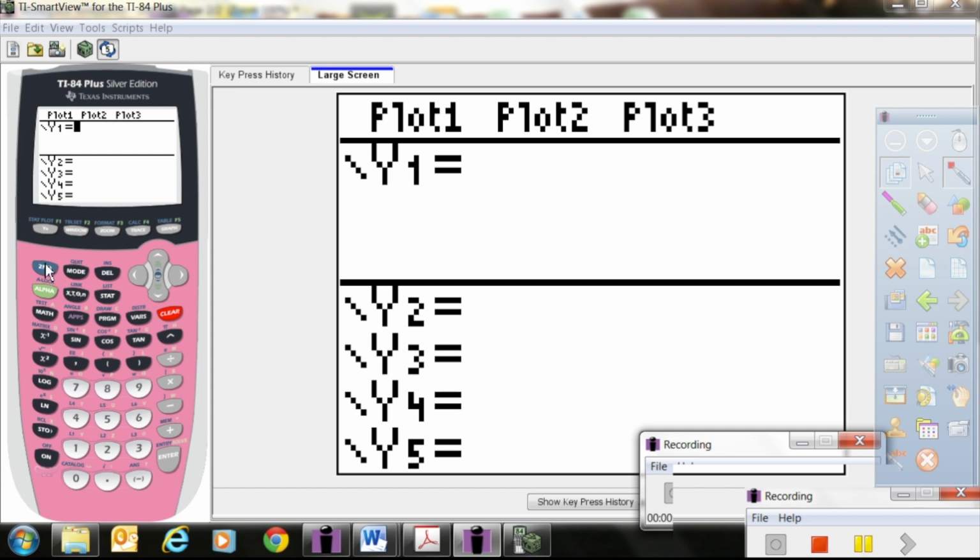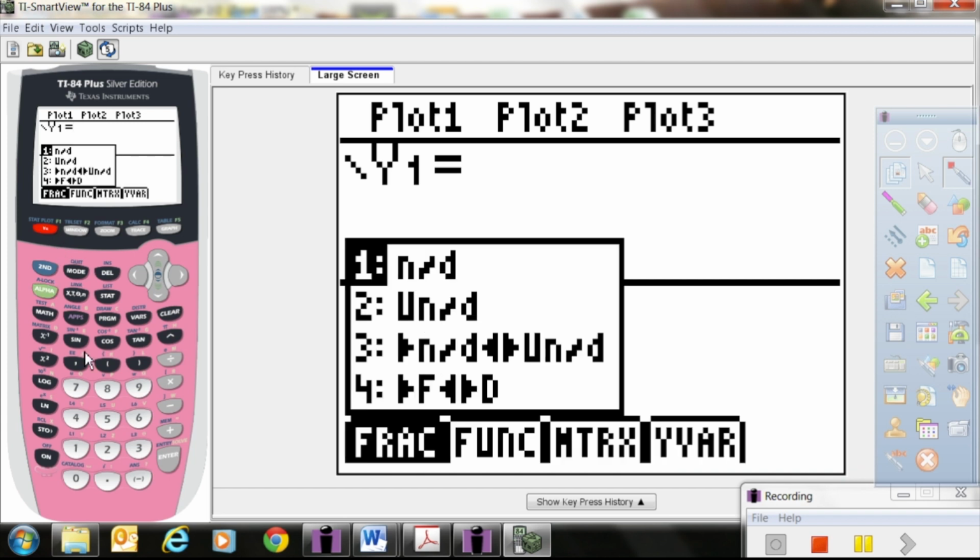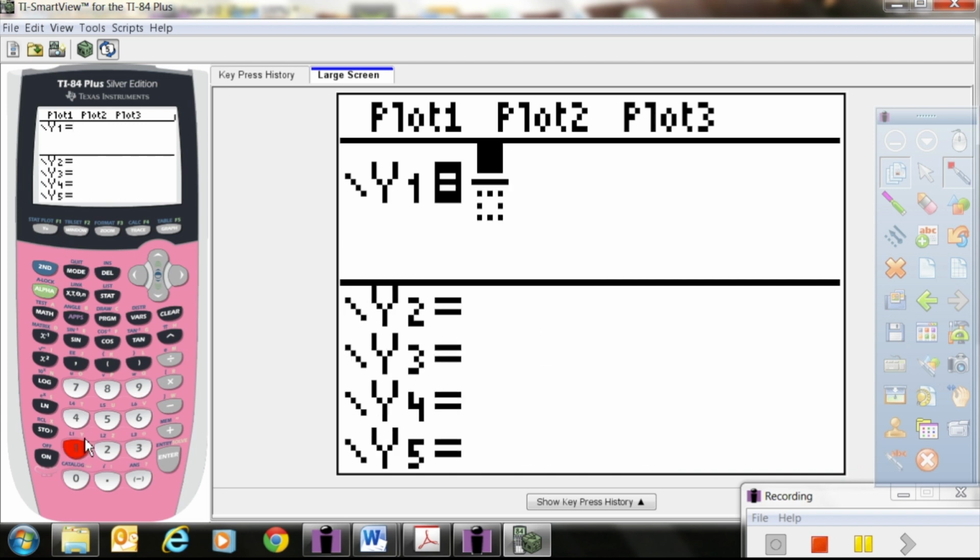I'm going to use my fraction button by doing alpha y equals, I think. Yeah, and I'm going to hit 1 for fraction because this is a fraction. It makes it so much easier. We're going to need a big set of parentheses on this, and then I'm going to do 2x squared